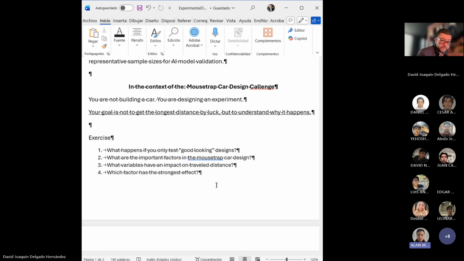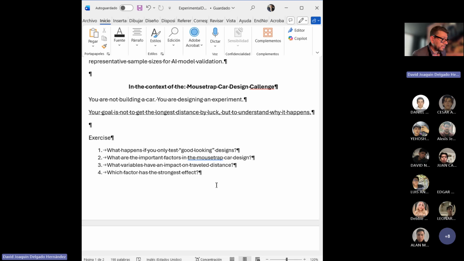We observed that when we only tested good designs, our results became biased because we ignored unsuccessful cases. As a result, we were not able to identify the system limits, which led to incomplete understanding and less reliable conclusions. Okay, perfect. The second question,